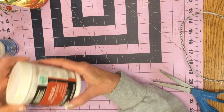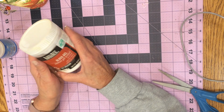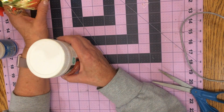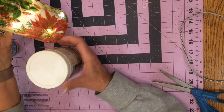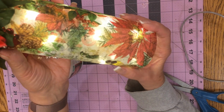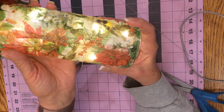The other thing is I don't use Mod Podge. I do use it for some things, but for the napkins, this is wrinkled, but I'm going to tell you, it would be wrinkled a lot more if I used it. I'm just going to bring it in a little bit closer. It would be wrinkled a lot more,